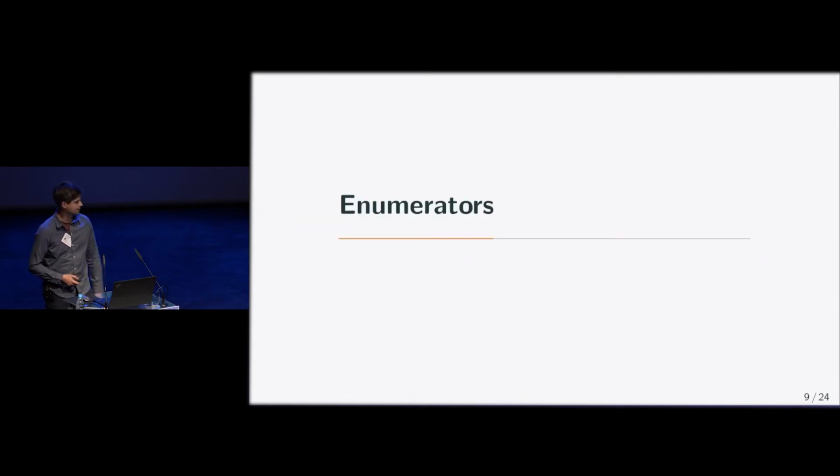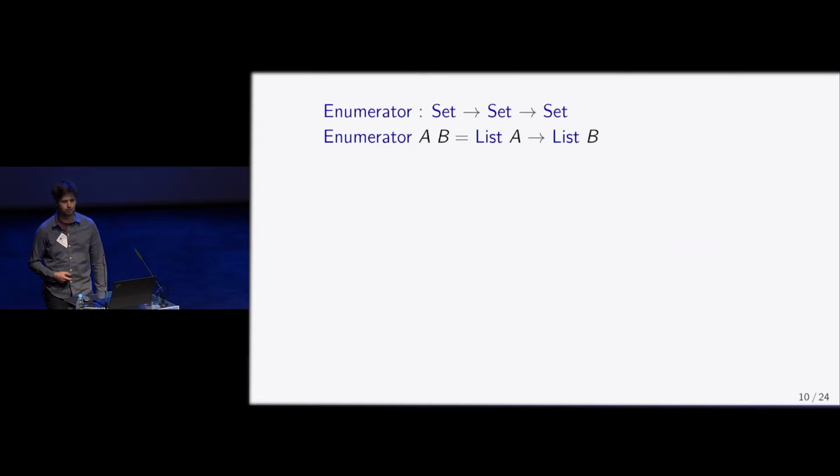Right, so let's dive in to the meat and potatoes of this talk. What is an enumerator? As we saw in the introduction, the basic idea is that an enumerator is a list, but that doesn't fare so well for infinite data types. So what we do instead is we have this enumerator data type that essentially defines one layer of recursion of these enumerators. It has an assumption list A that contains the enumerated recursive occurrences, and it produces an enumeration of